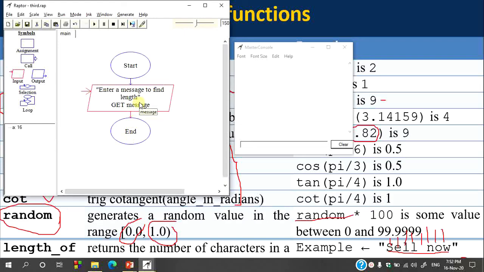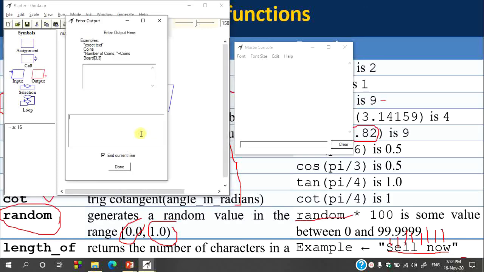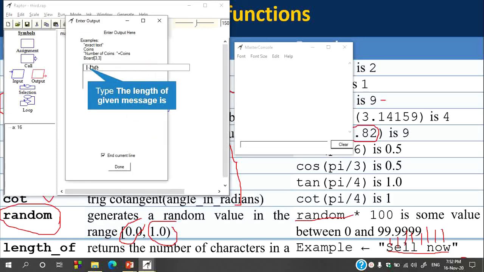It will read input from the user, and let's find out the length of the given string. So I would like to print the length, so take the output symbol, output statement, click it and drag it here. The length of given message is.